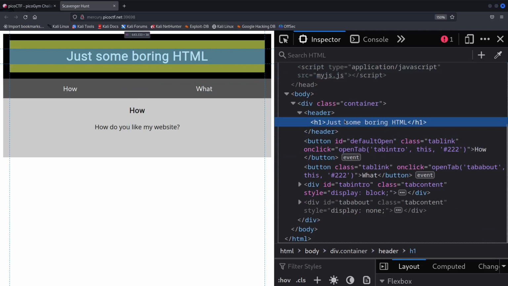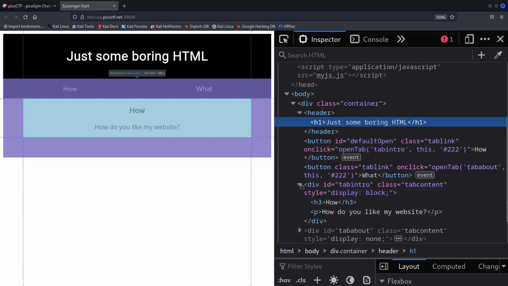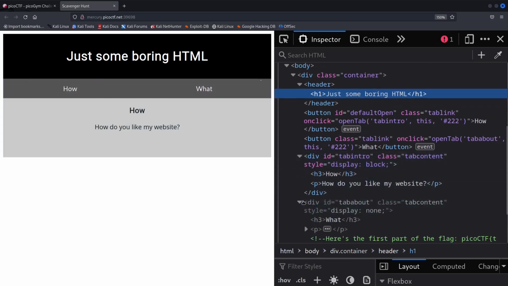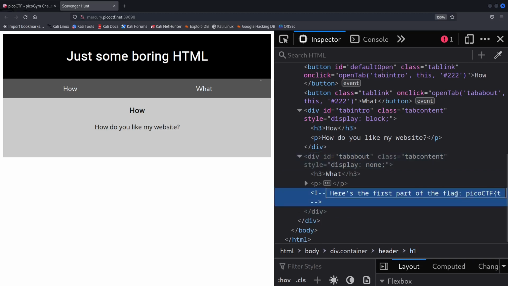Then comes the body of the HTML page. We have a header, some buttons, and two divs. And here we have the first part of the flag, PicoCTF T. So let's copy that.